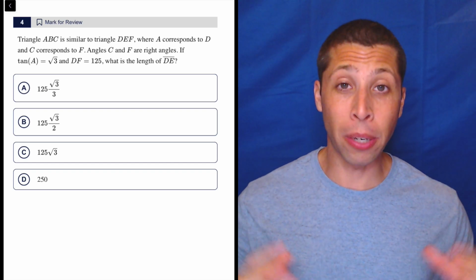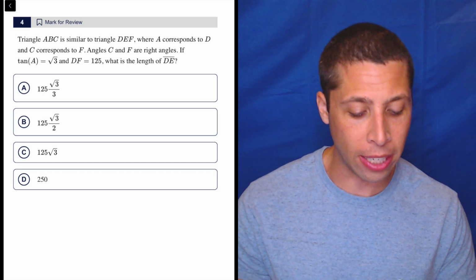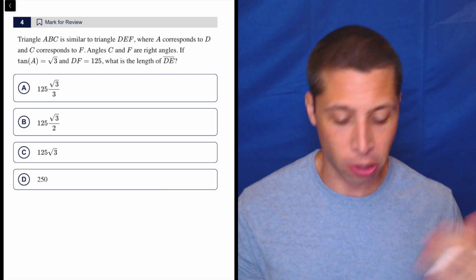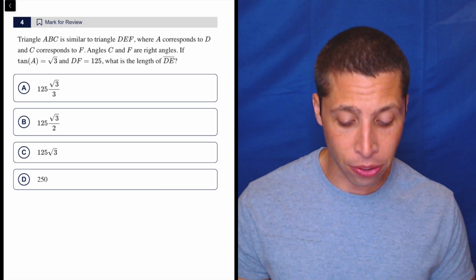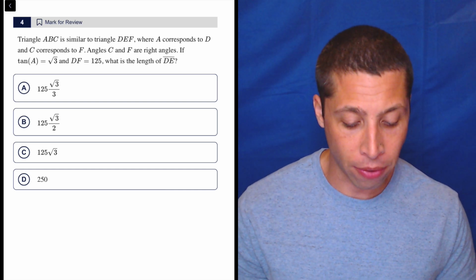This question seems to be bringing together a bunch of different concepts. We have similar triangles, right? Triangle ABC is similar to triangle DEF, where A corresponds to D and C corresponds to F. Angle C and F are right angles. If tan of A is equal to radical 3 and DF is equal to 125, what is the length of